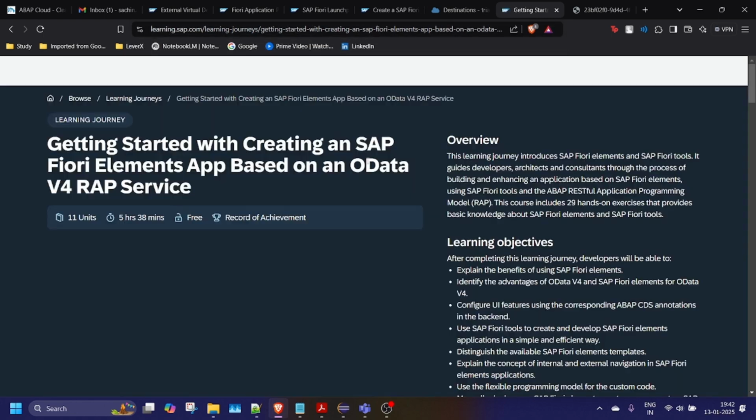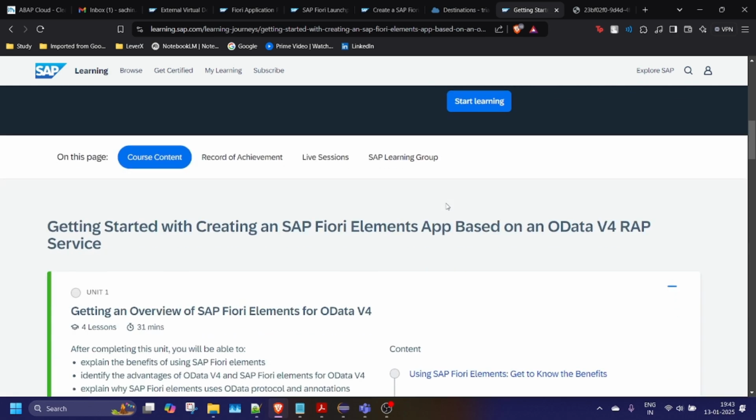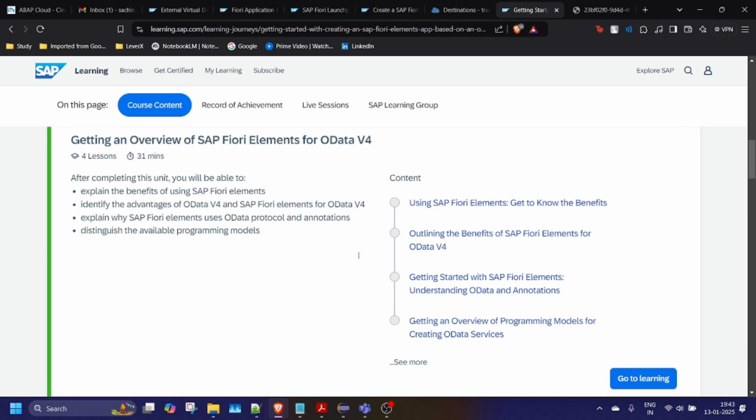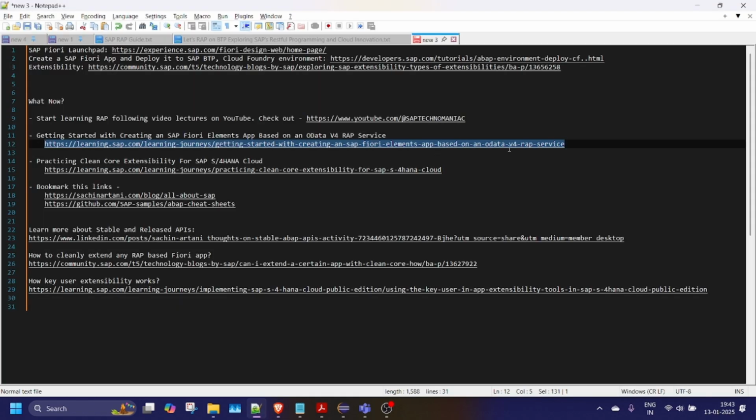I am just opening it for you. Getting started with creating a SAP Fiori elements, that is RAP application based on OData v4 service. So that also you can completely follow. Step by step procedures are there, and multiple units are also here. Third thing,